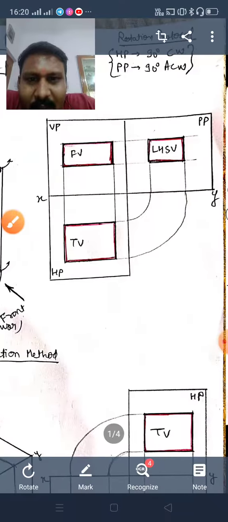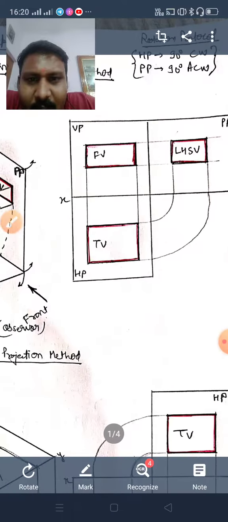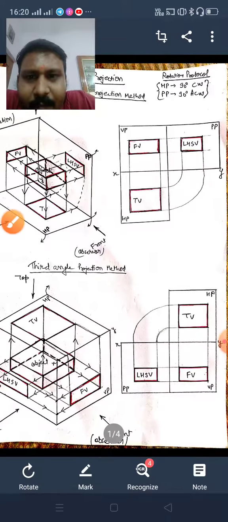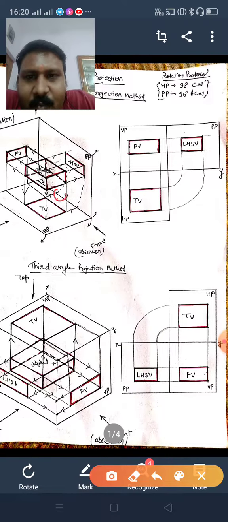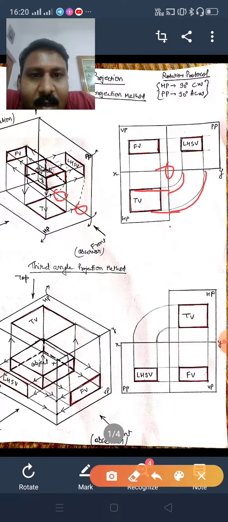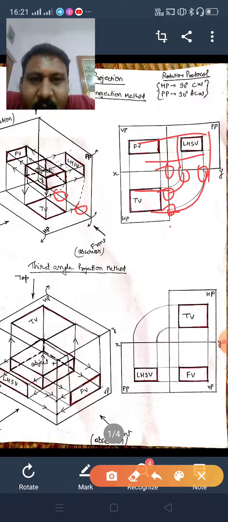So now that is why what we are doing, we have projected this point. Okay, this point and this point and this point, this is common to both, so we have to obtain this and this point. How will we do so? We will just project the top view here, taking this as center, and from this as center, this much as radius, draw an arc here. From this as center, this much as radius, draw an arc here. You will transform both these points here. So both these points have been transformed here. Now from here, draw a vertical line, draw a horizontal line, you will project and get the side view.